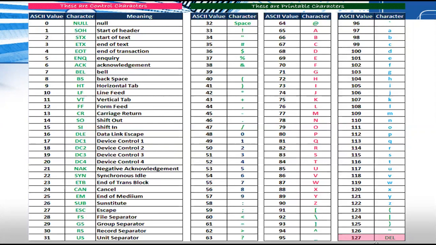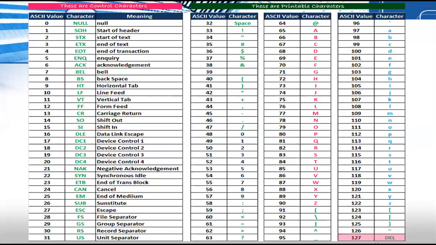Now we need to understand what control characters and printable characters are. A control character is a character that does not occupy a printing position on a display device, whereas a character is known as a printable character if it occupies a printing space.